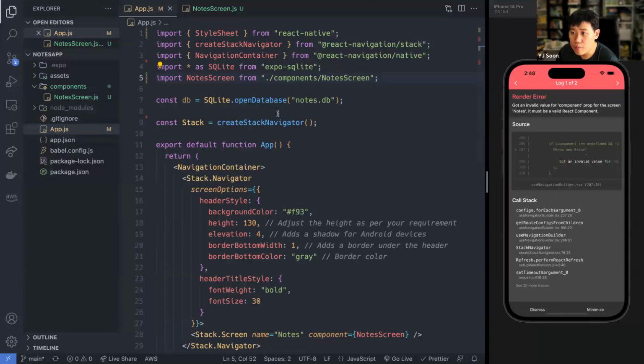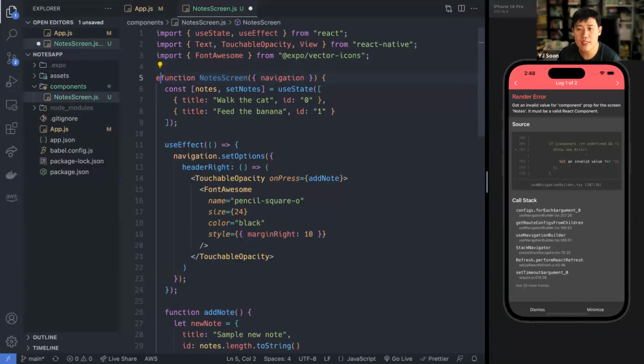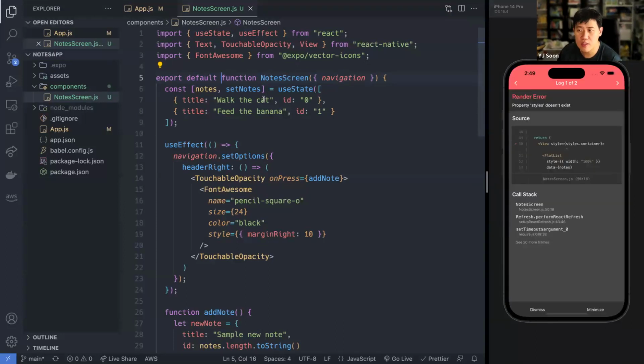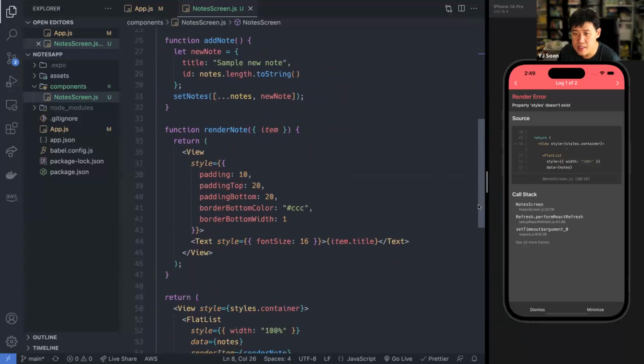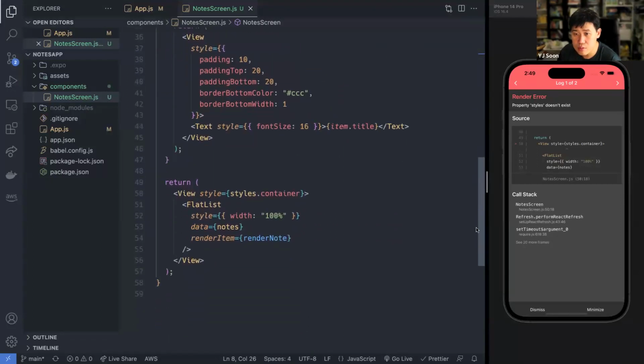All right, so what's going on? Got an invalid value for component prop, and that's because we didn't actually tell it to export. So export default. Unfortunately, the error messages here are a little bit cryptic, but once you get used to it, you should hopefully remember. This one says property styles doesn't exist, which is okay.